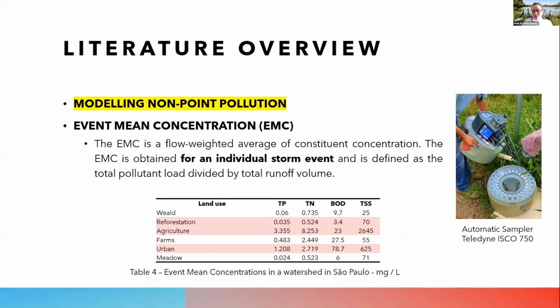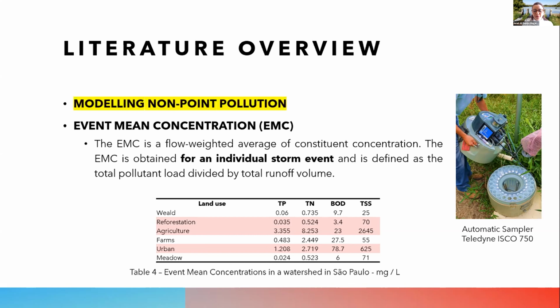Plus, the event mean concentration. Now, it's the other method to estimate this diffuse load. We have them using an automatic sampler, and it's a process to monitor, although it's not used so many times, especially here in Brazil. The event mean concentration is a simple flow-weighted average of constituent concentration. The EMC is obtained for an individual storm event, and it's defined as the total pollutant load divided by total